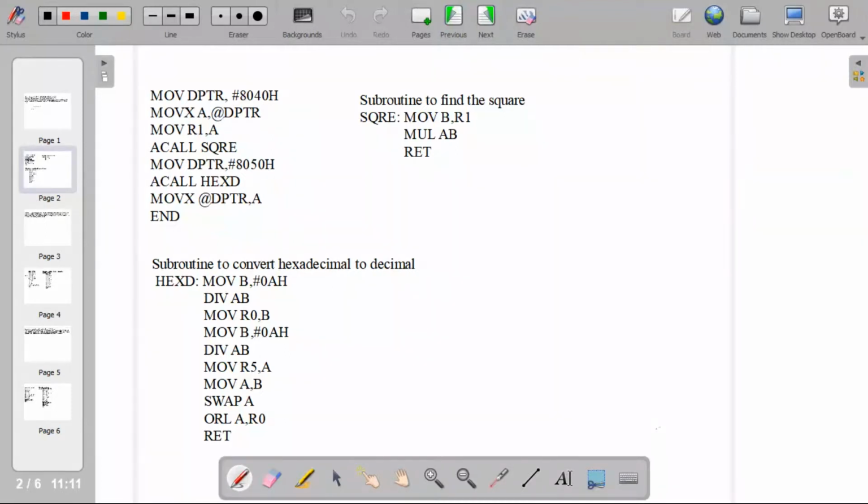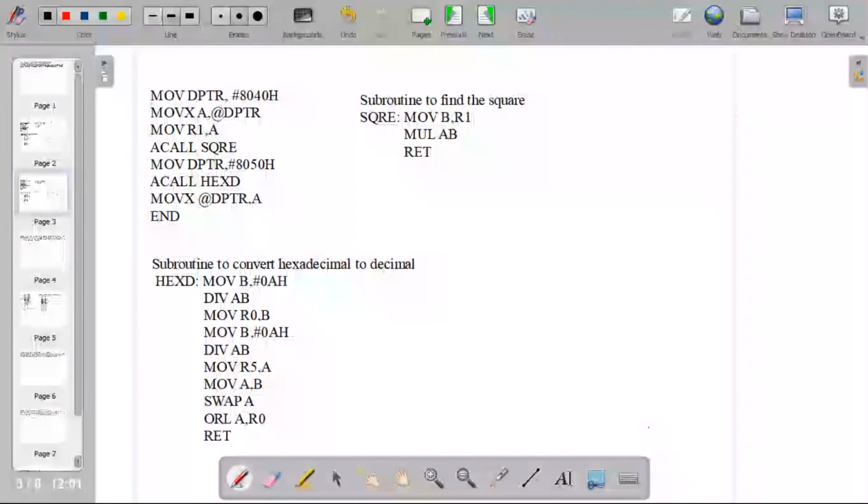The result of that is moved to the R5 register, and the remainder of the second division, that is in B, is moved to A. Then we swap the content of A, that is higher bits with lower bits, and then we perform the OR operation of the accumulator with R0, which has the remainder of the first division. So the accumulator will have the result of A plus R0, and then we return back to the main program.